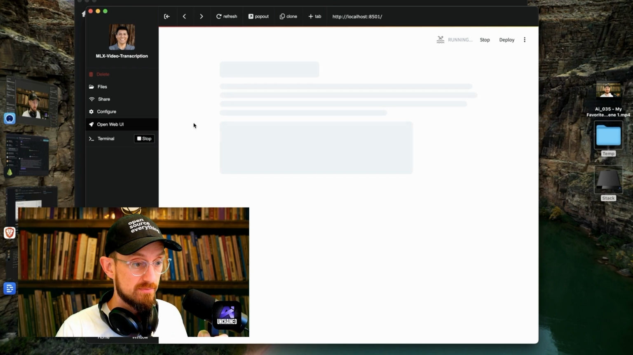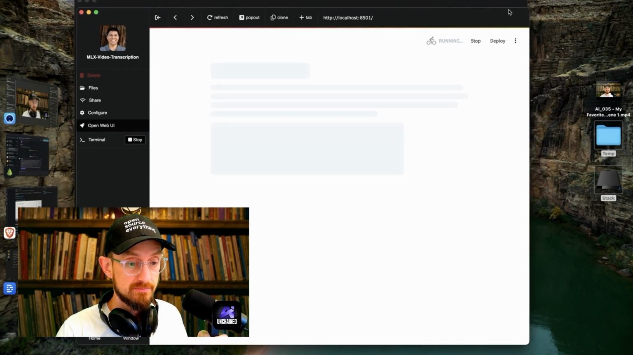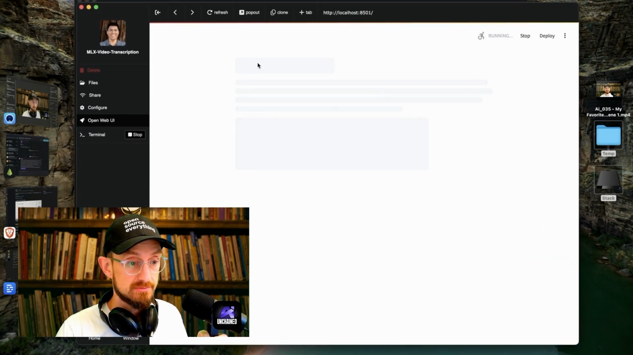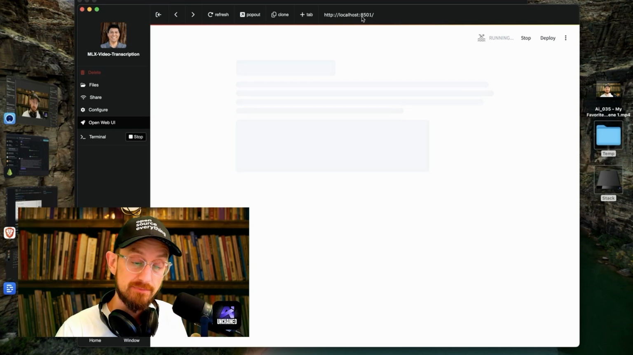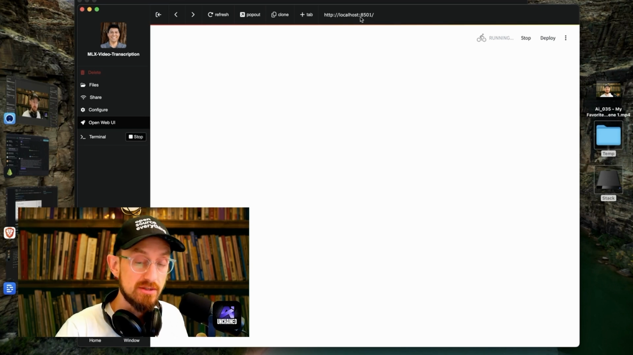So boom, boom, boom. Open Web UI. I didn't do anything. I just clicked, and now this is booted. And here's something that's going to be very, very useful: notice that this is localhost:8501. This is the secret information that you need